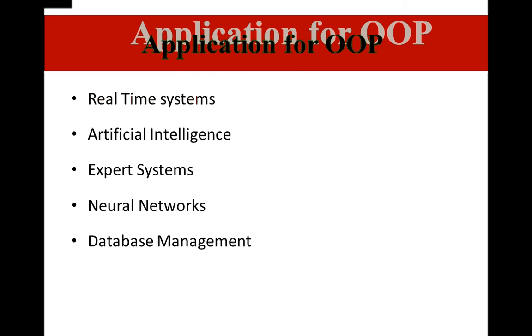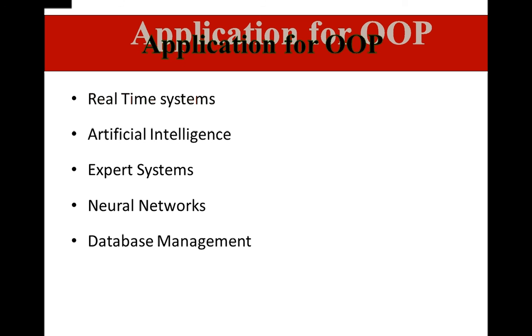Let's look at the applications of object-oriented programming. We use it in real-time systems, artificial intelligence, expert systems, neural networks, and some sort of object-oriented databases. When I say real-time systems, they use object-oriented programming for handling the data there. In space and missile launching, probably they do use object-oriented programming for handling that real-time data. Coming to artificial intelligence